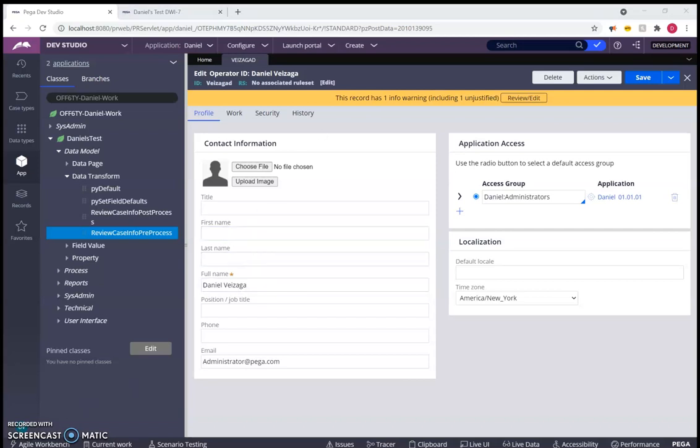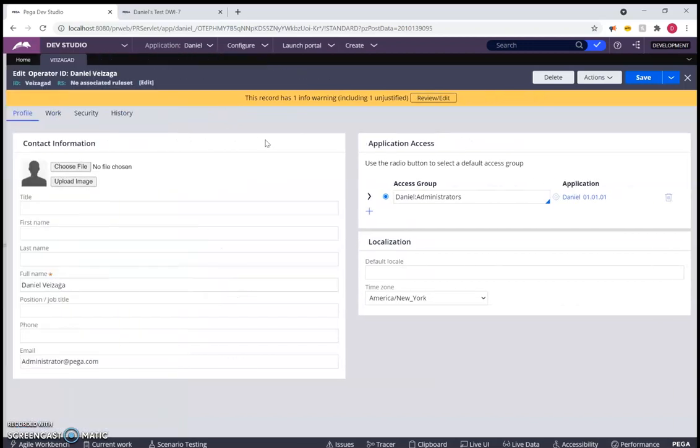So in this video, we're going to be going over the operator. So basically, the operator does a few things. It identifies your access group, your first name, last name, all your personal information, the time zone. So PEGA saves all their date times in GMT. So based off of your time zone, it's going to display